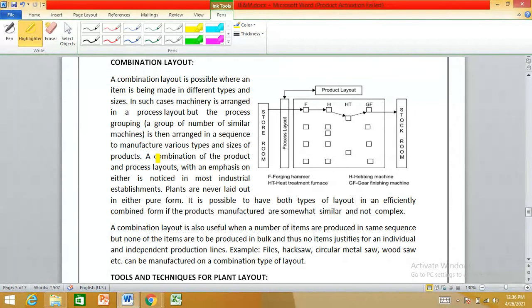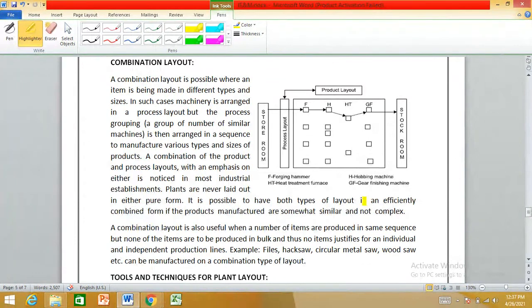That is why most of the plants are focusing on combination layout. Plants are never laid out in a pure form. It is possible to have both types of layout efficiently combined if the products manufactured are somewhat similar or not complex.